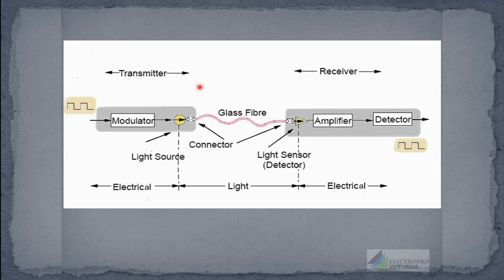This much section will act as the transmitter, and here will be the receiver. And in between these two blocks, there will be a channel. The channel used here is an optical fiber cable. So for optical communication, the electrical signal is converted to a light signal, and the signal is transmitted through the channel as optical pulses. And again on the receiver side, the light beams are then converted back to electrical signals.